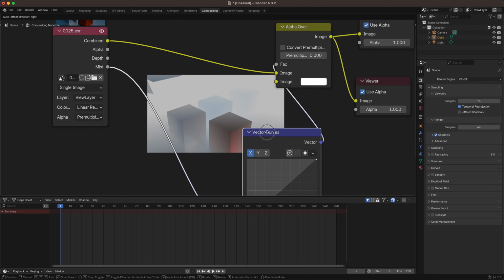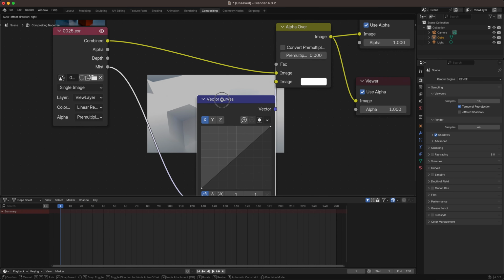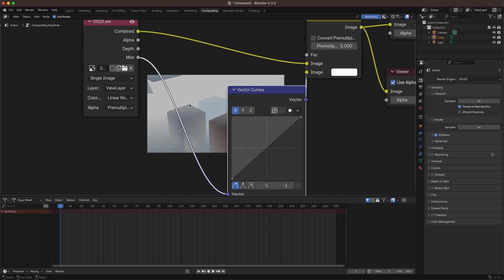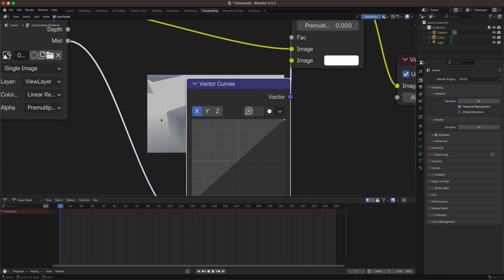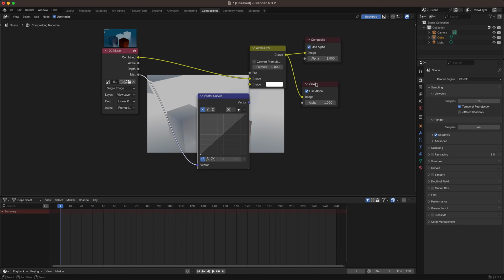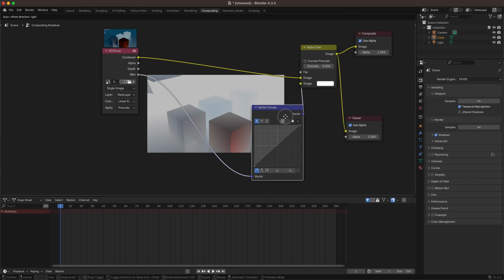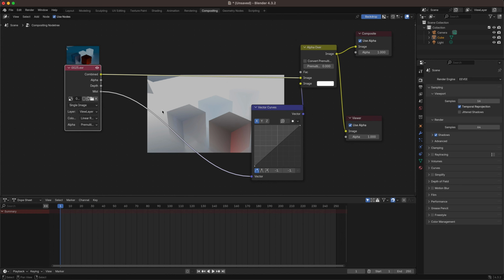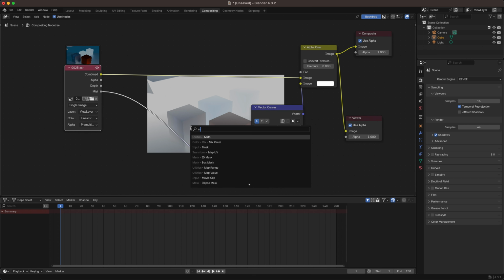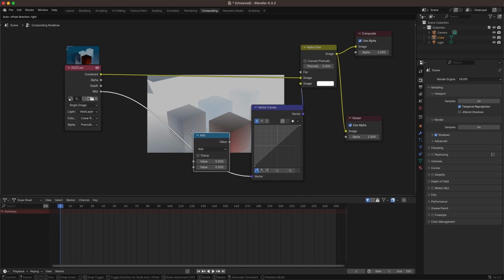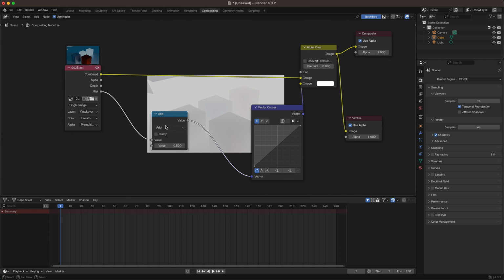So we can see what the mist is looking like with those default settings right now. Actually, I'm just going to zoom a little bit out and move a little bit to the side just to have this be a little bit more clear what's happening. Now, I'm also going to add a math node, so Shift A, searching for math. I'm going to just put it here in between the mist socket and vector curves, and I'm going to change